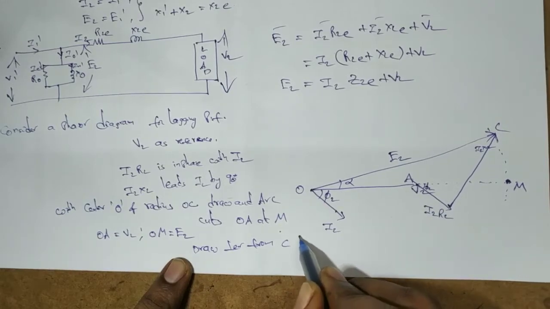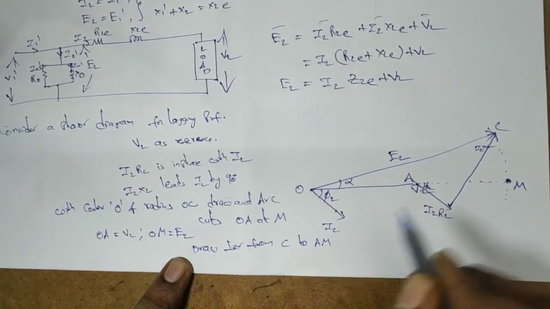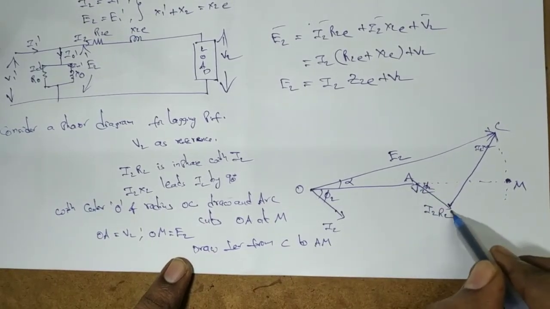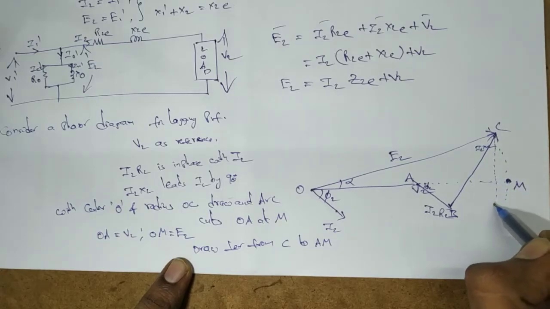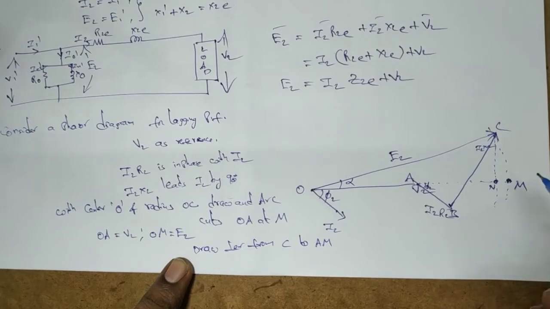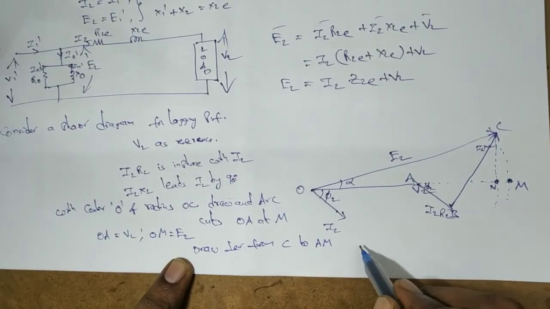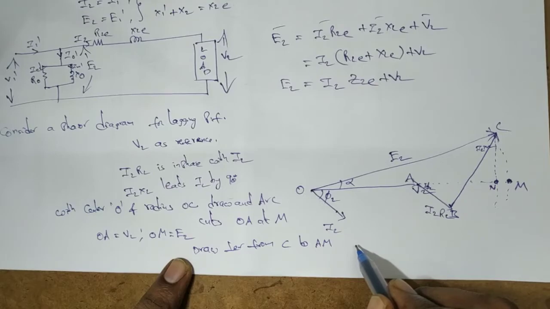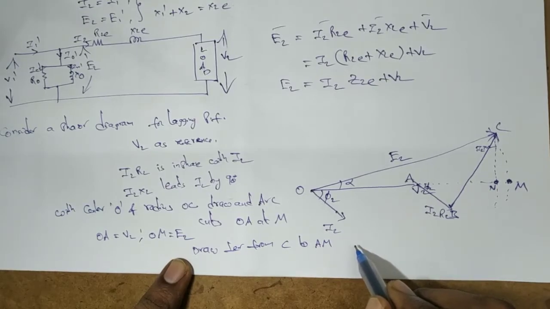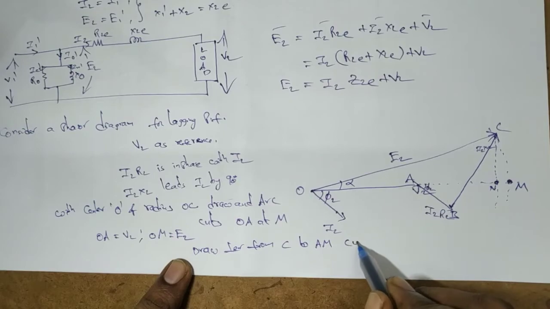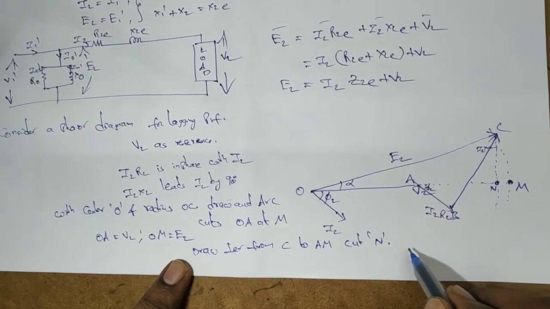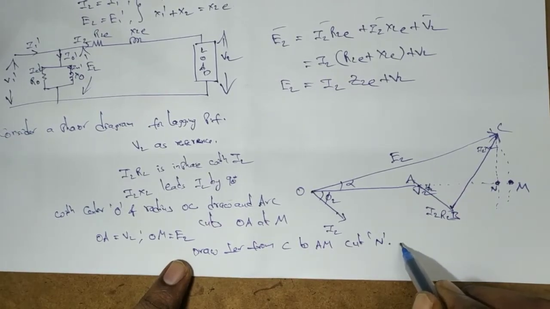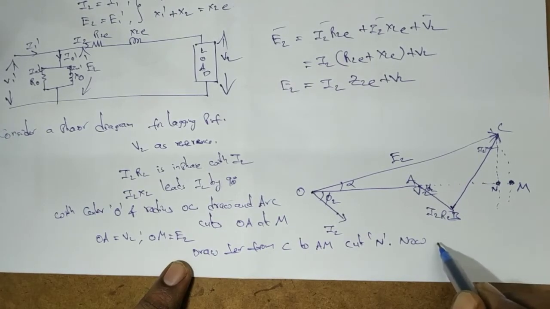As the value of alpha is very small, if you draw this circle diagram with the help of a compass, the distance between M and N will be very small. Here I have represented a very large gap between M and N to understand the concept, but actually the distance between M and N will be very small, so that OM will be approximately equal to ON. The distance between M and N is very small because the alpha angle is also very small.